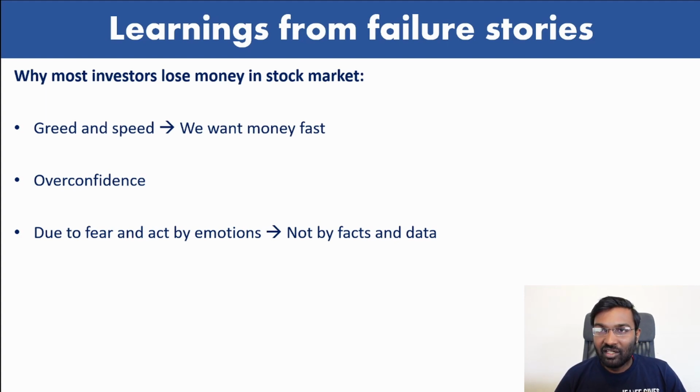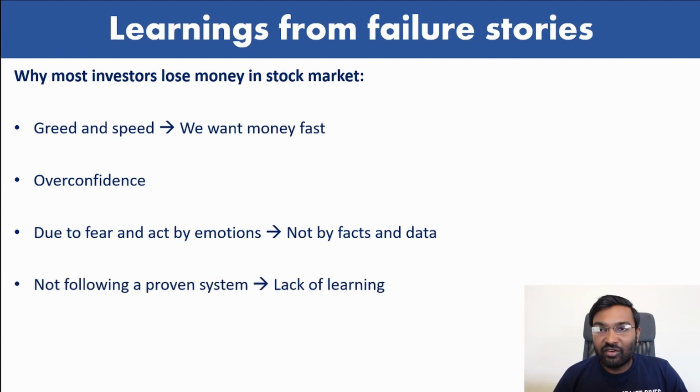You are going to lose money, because the single biggest challenge in the stock market is timing the market. It's always very, very difficult to time a market. You cannot perfectly time the top and you cannot perfectly time the bottom. No one can do that consistently. So that's something you have to keep in mind. You can do dollar cost averaging. If you feel the stock is going to do phenomenally well over the next 5 to 10 years, go and buy it. Don't wait for the perfect buying time. Timing the market is very, very difficult, so don't act based on fear and emotions. Please act based on the facts and the data.